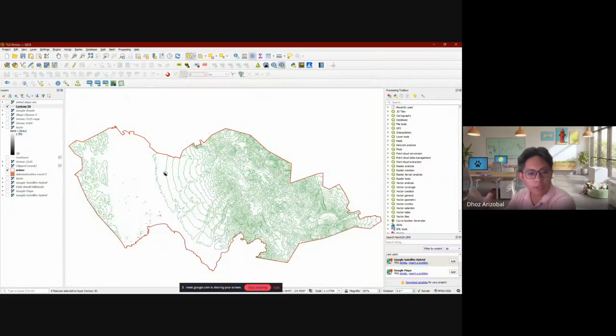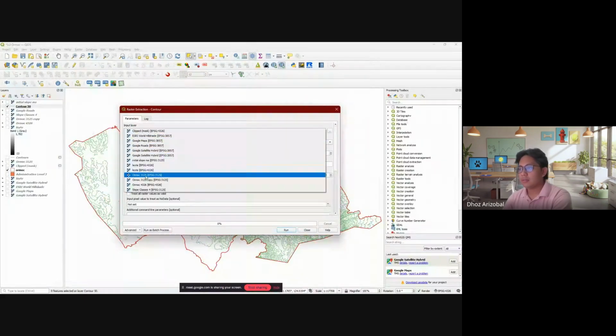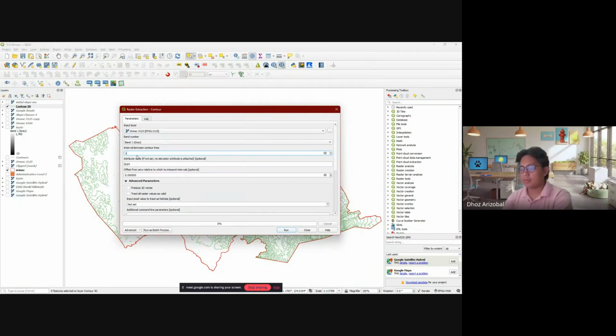And then you can modify your contour map. Back then, you were taught that it's good to have a contour map that has a distinct interval of, let's say, 100 meters. So you can just make a new one: raster, contour, 100.